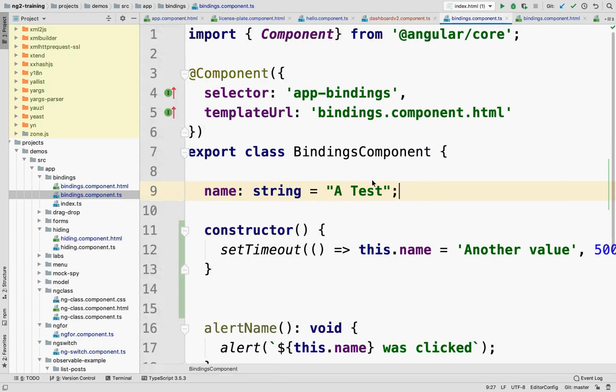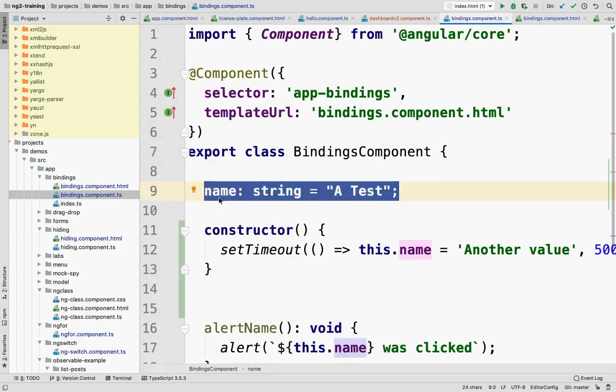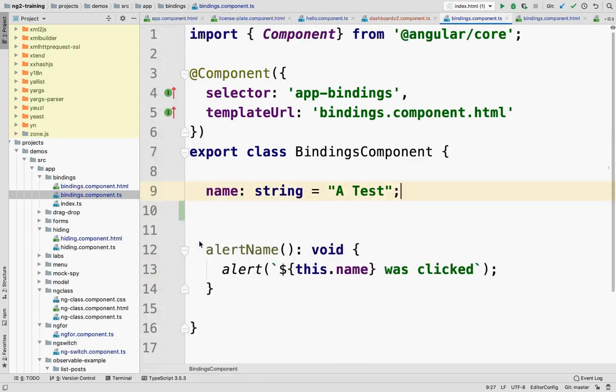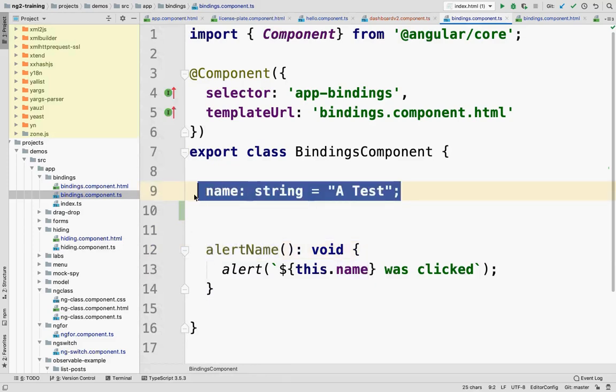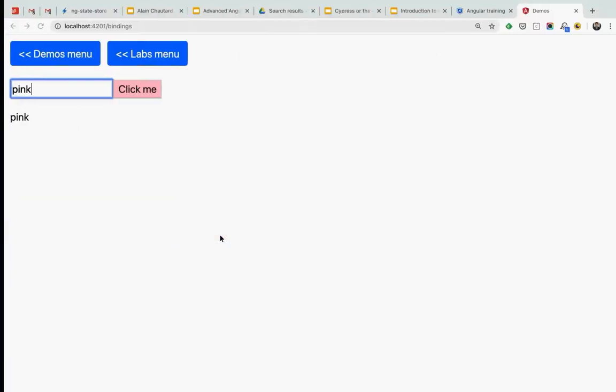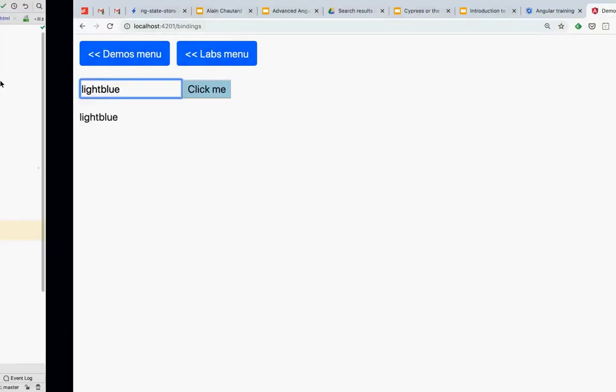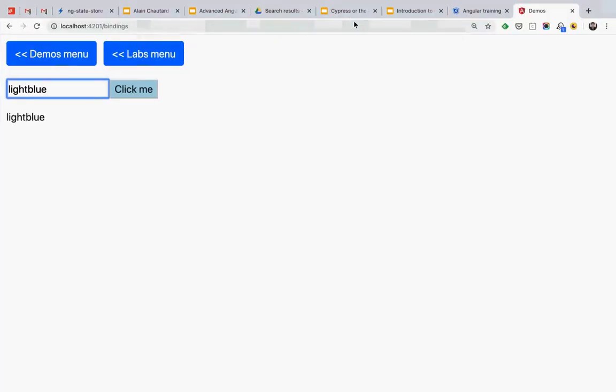Yeah, that works. So that's really the only line of active code in here. This was just to illustrate that if I change the binding, things will work, and that's my alert. But yeah, I've written literally no JavaScript or very little of it, and I get all of this for free. Yeah, still working. So that's bindings and what we can do with those.